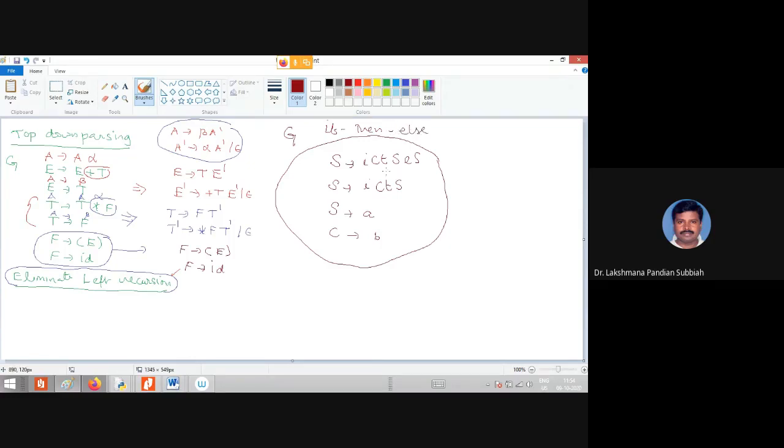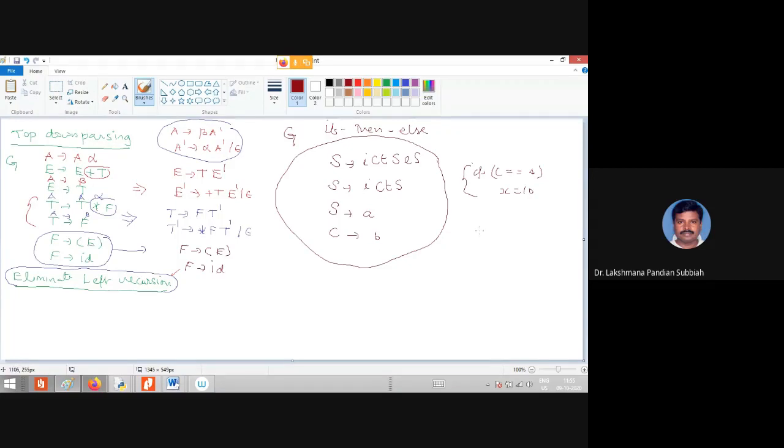Here we are having if condition then statement else statement. Some statements don't have an else part, so you don't have the else part here. The next alternative is if condition then statement. For example, if c equal to 4, then x equal to 10. Here there is no else part, so without else part we can write x equal to 10.